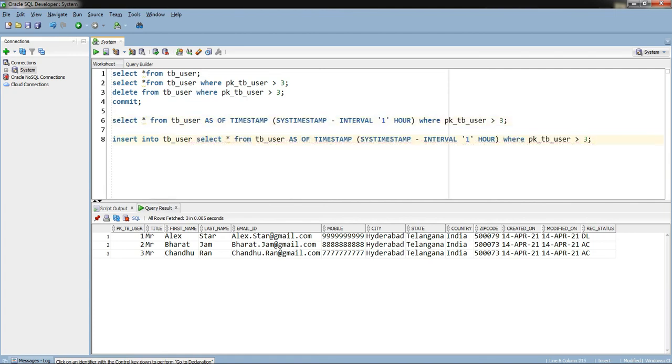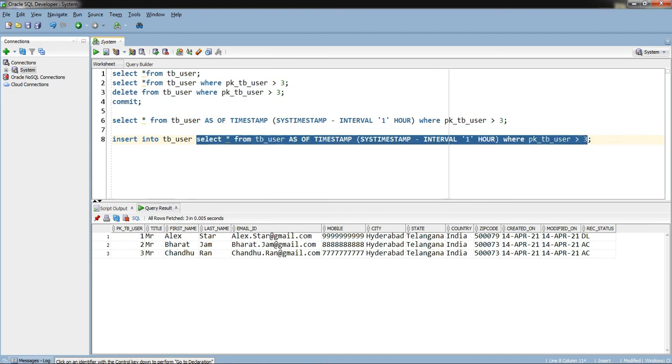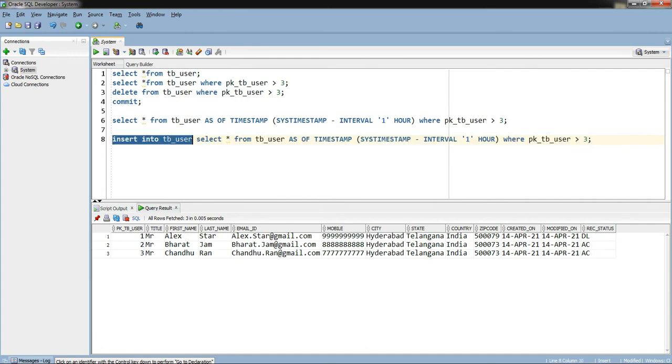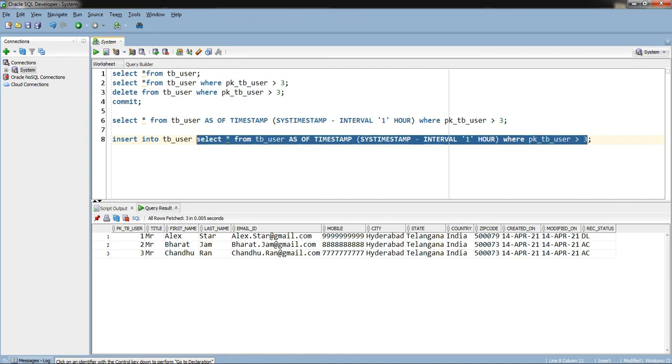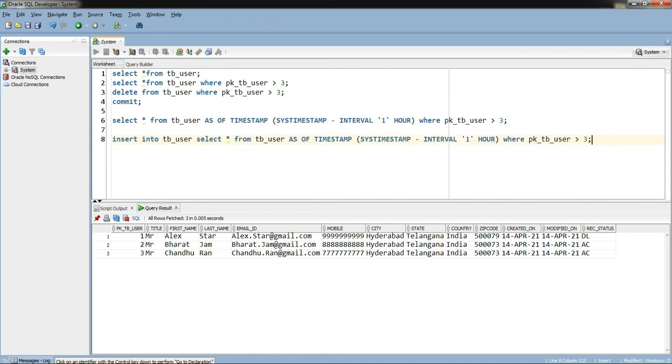This query will return only the deleted data because I am using the condition. Once this returns the deleted data, I am inserting it into TB user. So like that, it will work actually.